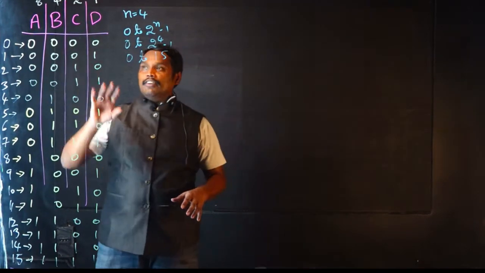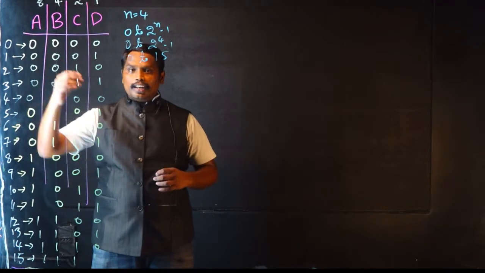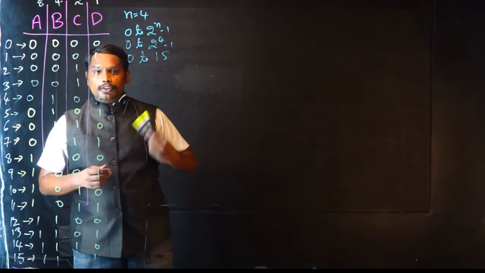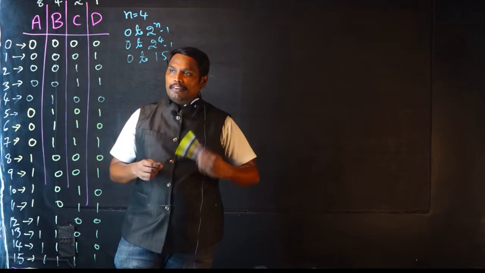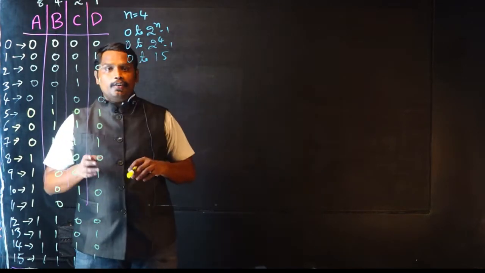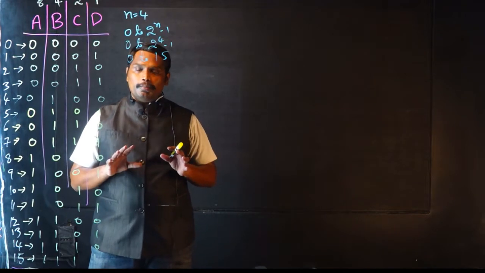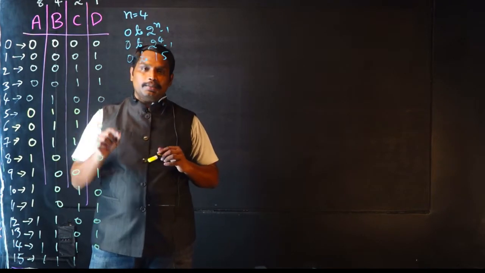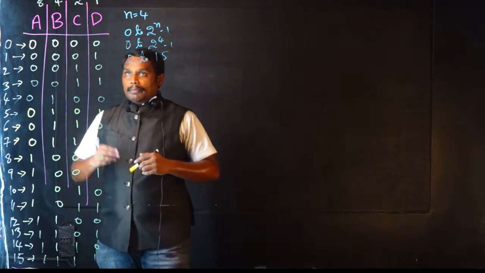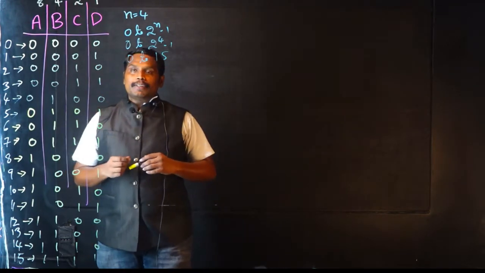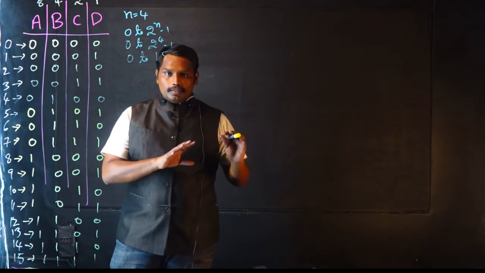Now here we are having Boolean variables where 0 and 1 are the representations of this. So 0 is in complement form and 1 is in uncomplemented form. This is for SOP. When you are considering POS, that is product of sums form, then it is reversed, right? So 1 is represented in complement form and 0 is represented in uncomplemented form, right? Now based on this particular truth table, you are going to design a Karnaugh map.